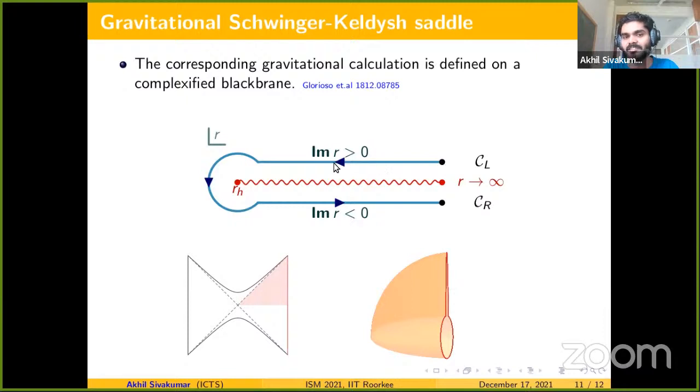So whatever excitations you trigger on this black brane should have this analyticity condition. That is, at a fixed time, if you consider a radial contour, the solution should be analytic on a contour like this. You'll notice that there are two asymptotics now, which is good because we wanted a path integral where there are two CFTs, one for the ket evolution and one for the bra evolution.